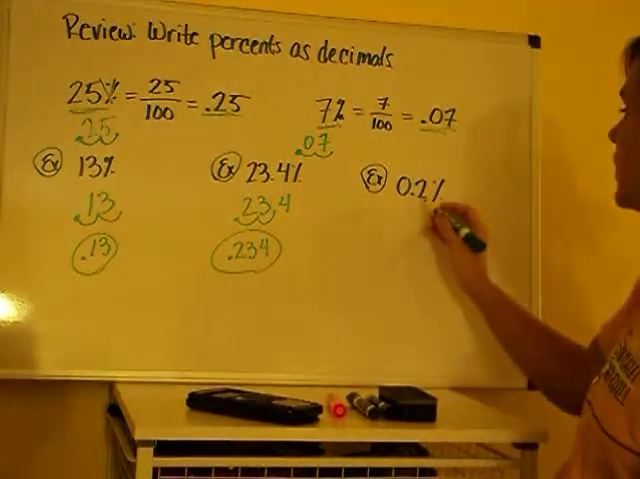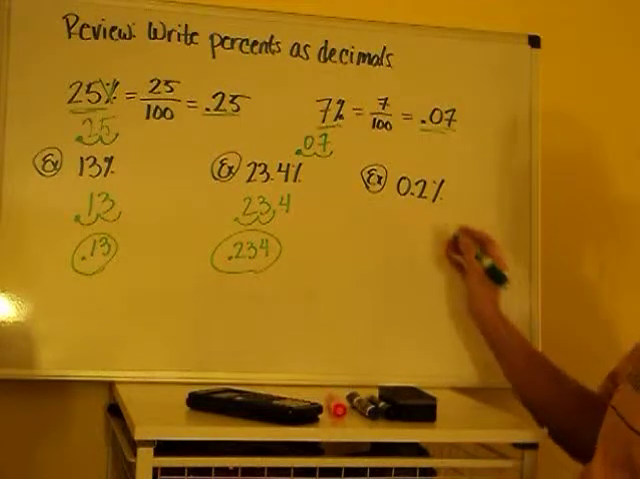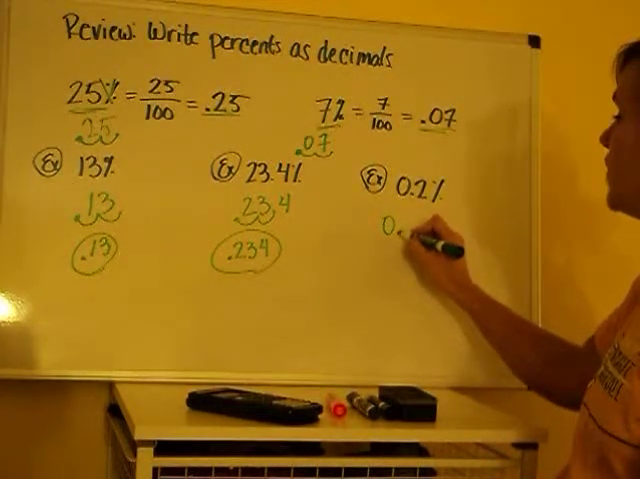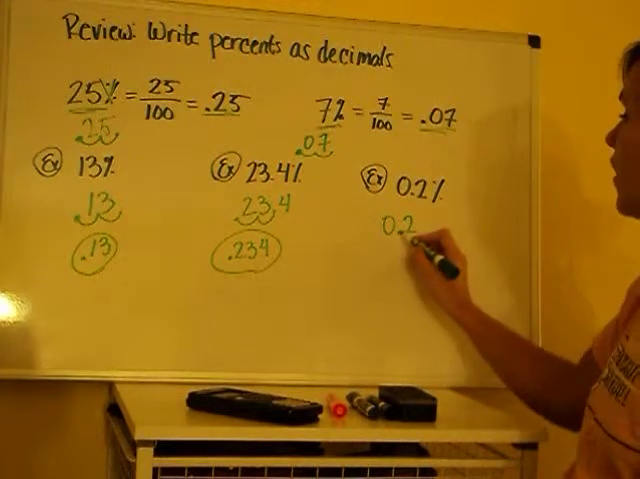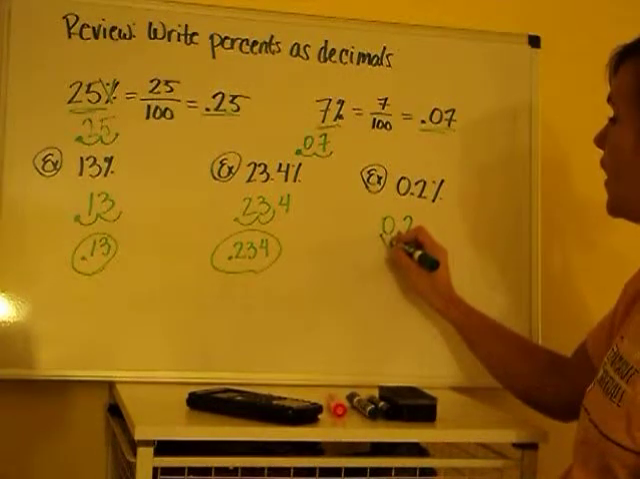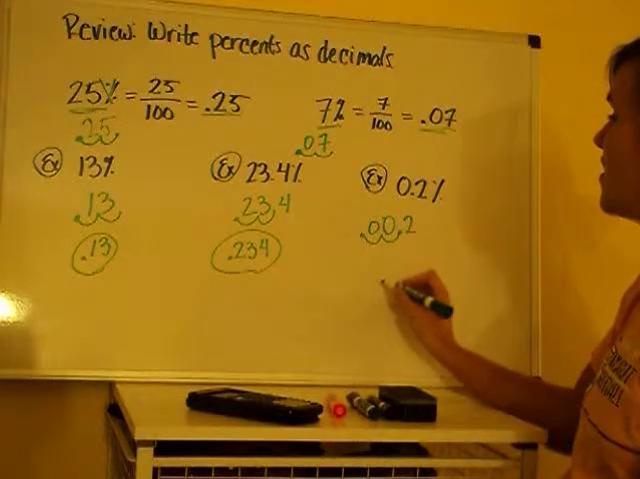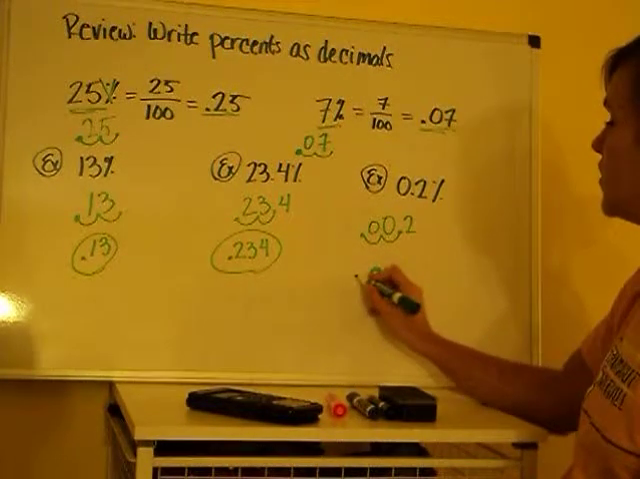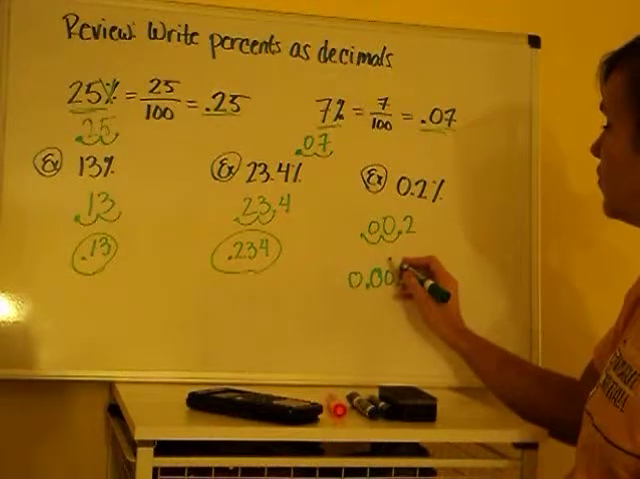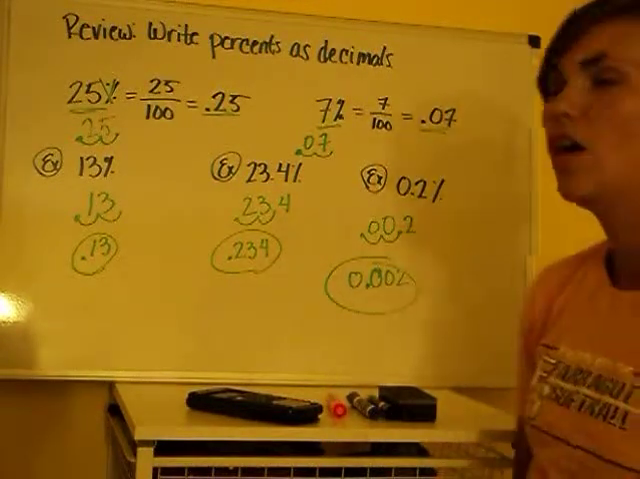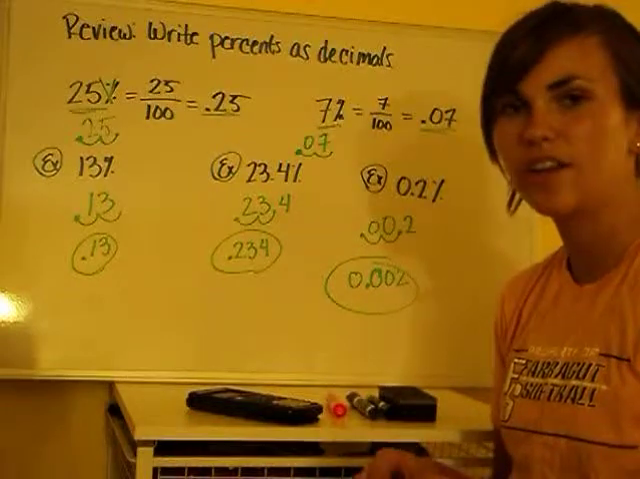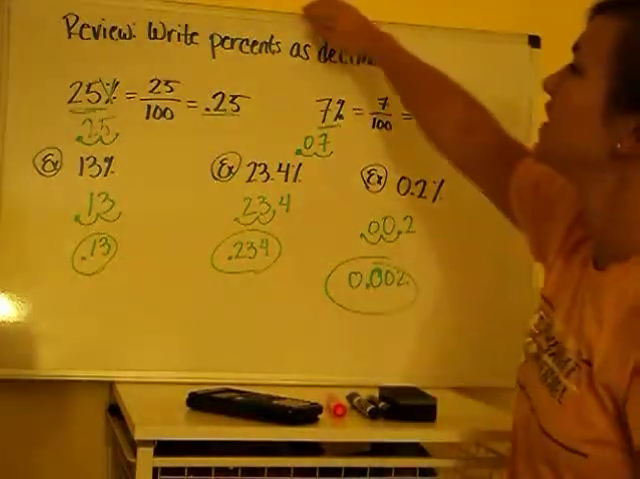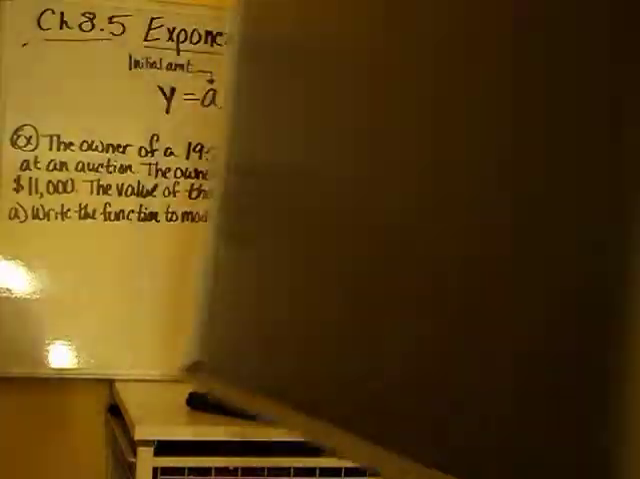And last but not least, we have 0.2%. So we take 0.2, move this decimal to the right 2 spots. So here, 0.2% is actually 0.002 written as a decimal. Just a quick refresher. We should know how to do that by now, but sometimes you forget. So here's some refreshing, and now on to